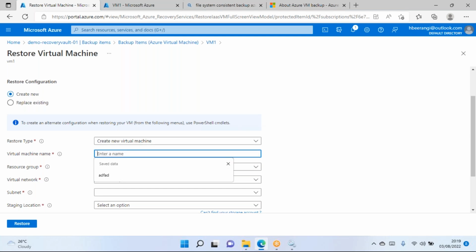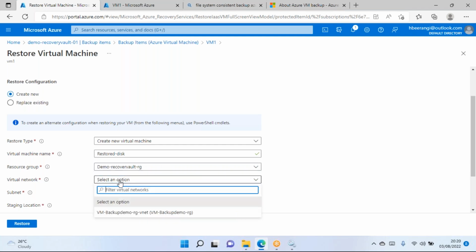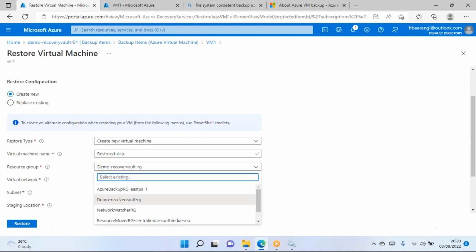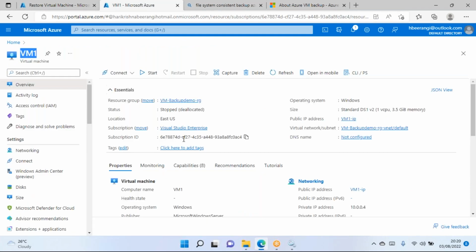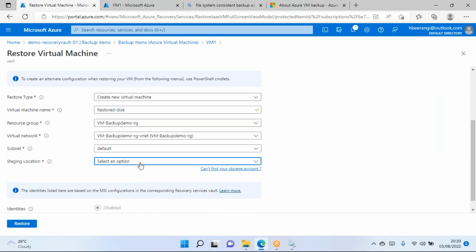The virtual machine name I will give as restore disk. Vault resource group, I'm giving that one only. Virtual network, you can choose, okay, let me choose this VM backup demo resource group, where my VM1 is already deployed. And for the network, I can choose VM backup demo RGBNet and default, this is the subnet. Staging location. So you have to create a staging location, which means,